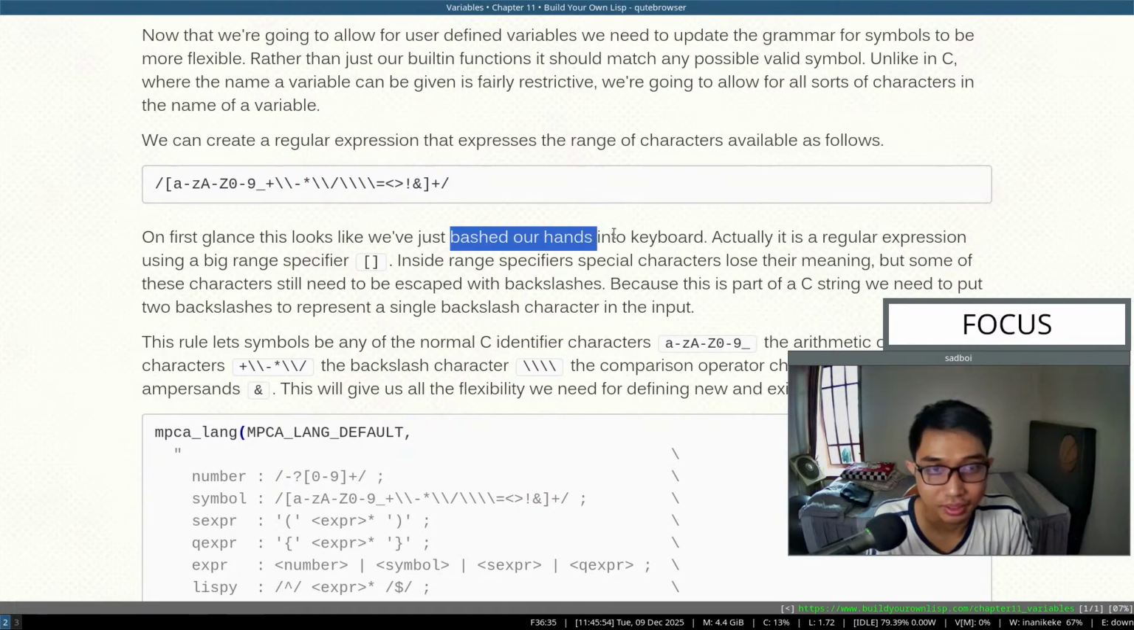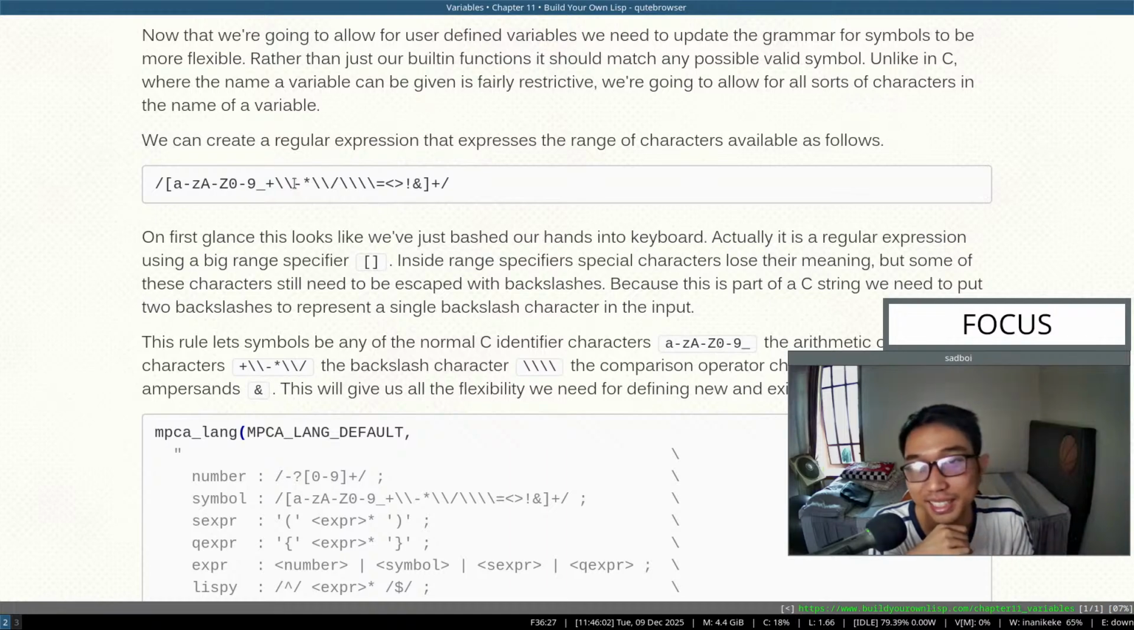Like pasting our hand onto the keyboard, right? Well, that's what regex is. Right. Okay, let me try to decipher this. This is lowercase of the alphabet, and this is uppercase of the alphabet, and this one is the numbers 0 to 9, this one underscore, this one plus symbol, and then this one is the negative symbol,